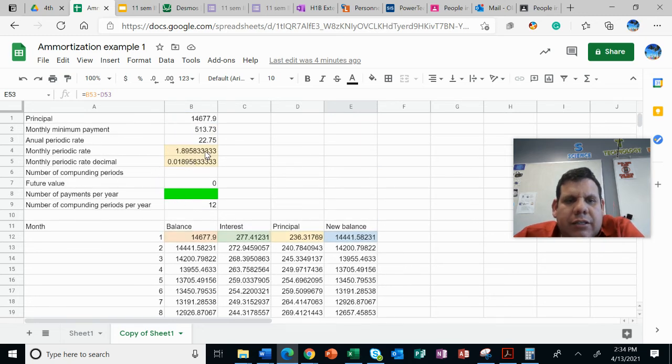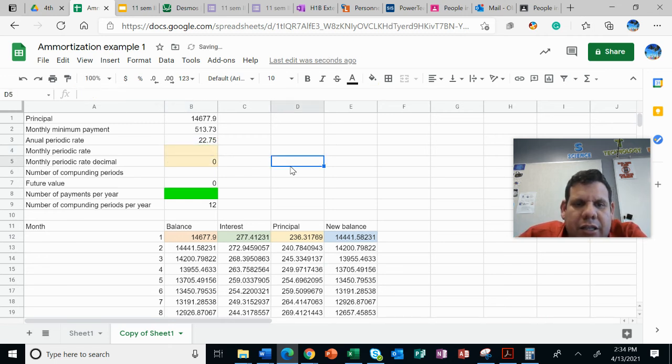Okay, the monthly periodic rate is something that we get when we divide this annual periodic rate by 12. Okay, everything that is highlighted is because it contains a formula. Okay, so if I erase this, I will modify many things in this place. I am just using it as a reference. Okay, so if I want this number to appear again, you just type the equal symbol, select